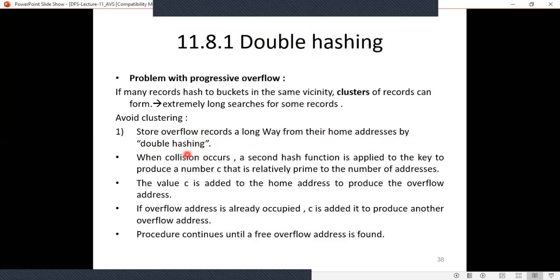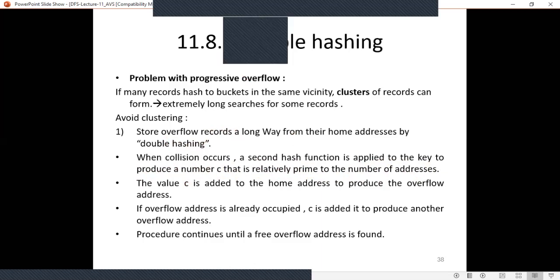That is, we are going to store the overflow records, that is, a record other than the home record, at a far distance from this particular home address. When a collision occurs, a second hash function is applied to the key to produce a number C that is relatively prime to the number of addresses.